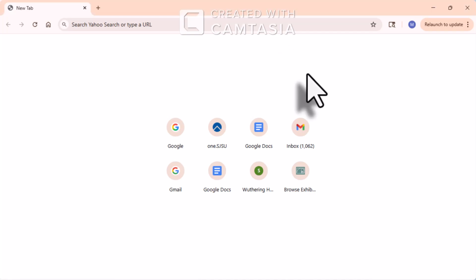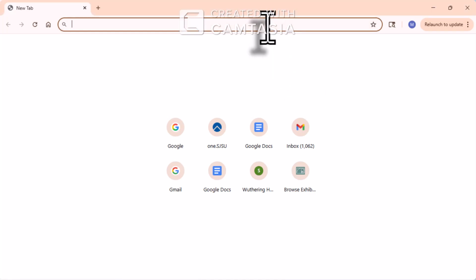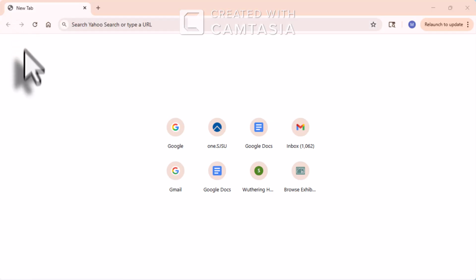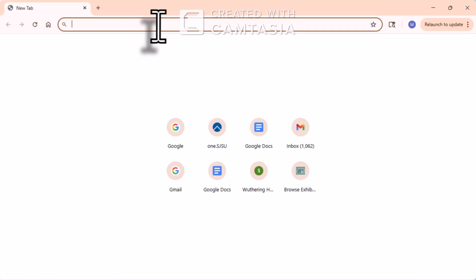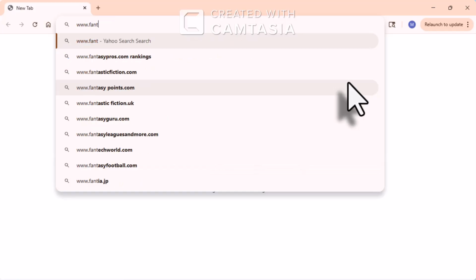Hi, everybody. Today I'm going to show you how to navigate the website Fantastic Fiction, which can be used to help patrons determine exactly what book they might be looking for. So the URL for this site is